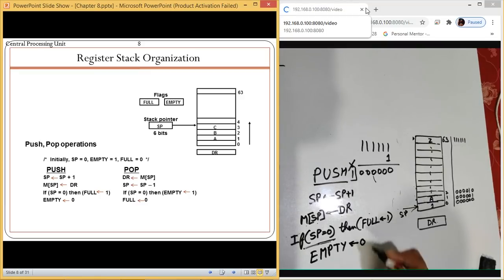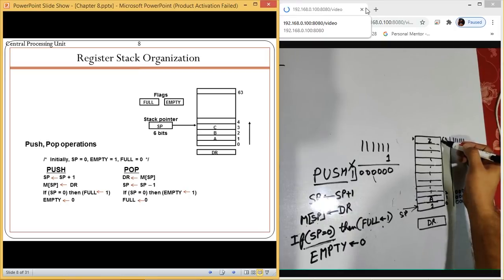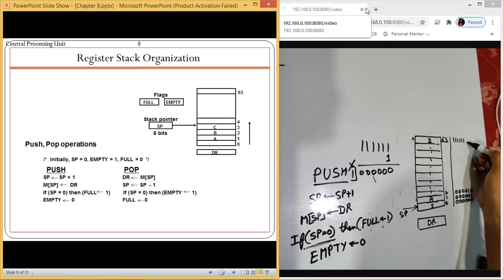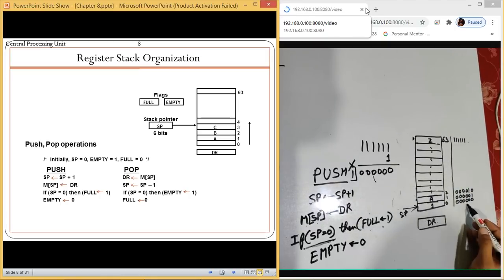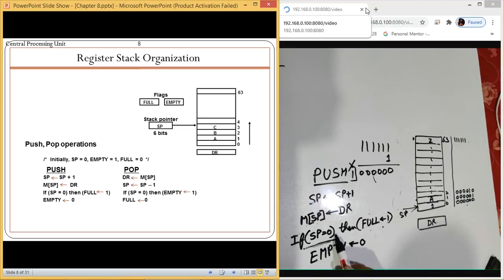So the only concept why, when SP is 0, then it is full: once I am at this place, I increment this value by 1, it will become this. So that is why if SP is 0, then full is 1. Now there is one more thing which we have. When we are performing the pop operation, the same thing is done again.